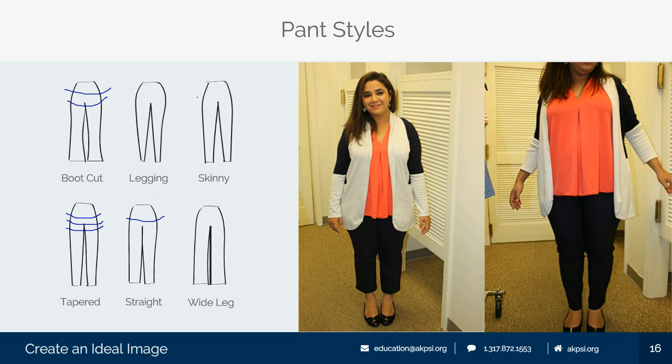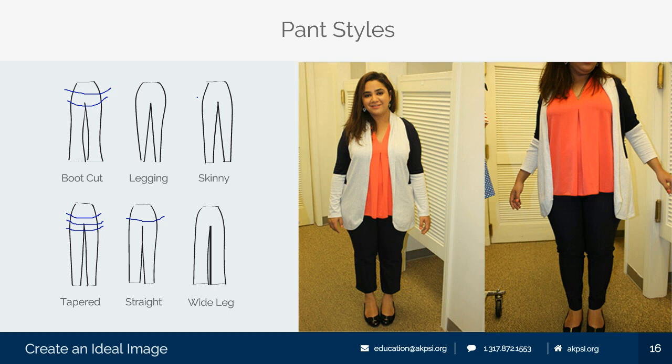Here you can also see within the photos of Muniza the different shapes of her pants. So the shorter cropped pant is actually a great proportion for this longer sweater. However, it really shortens her. So having the longer full-length ankle pant is better for her. We do the same thing with skirts.